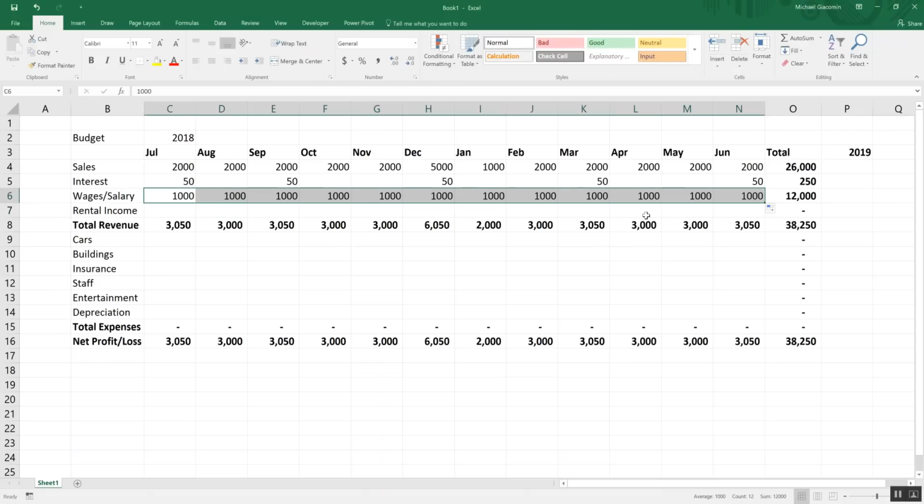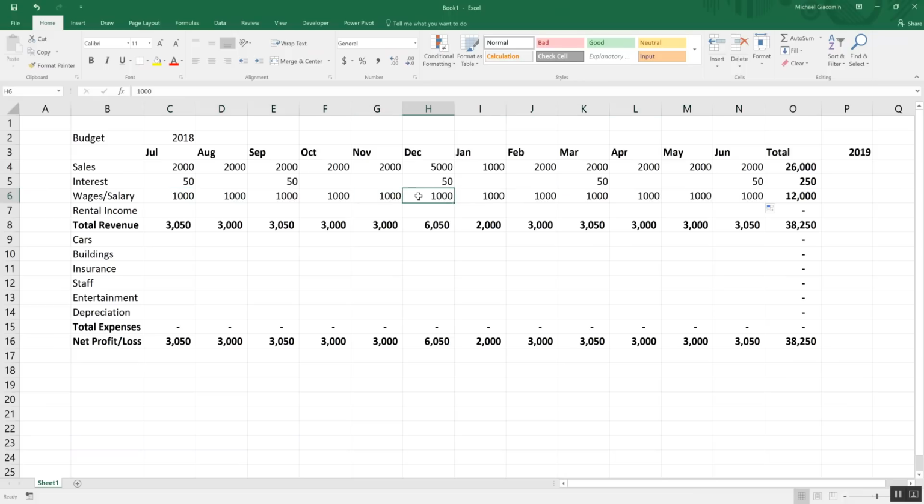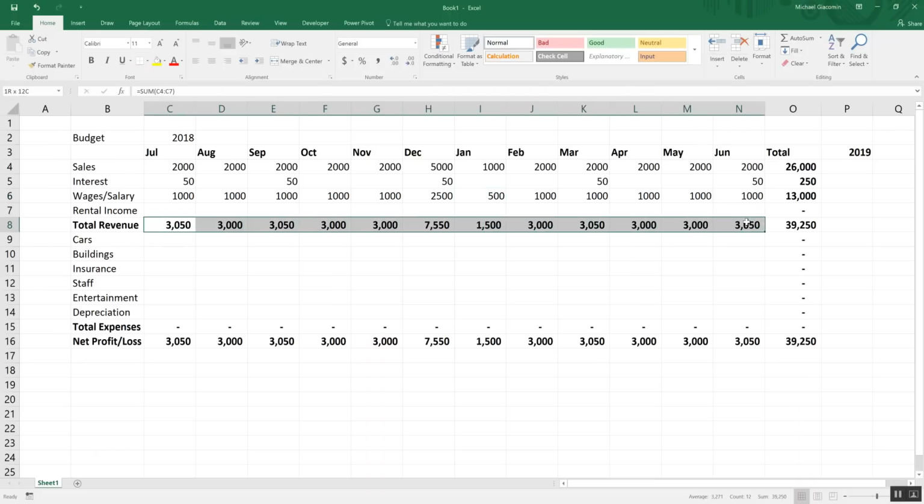Again, that's probably typically fairly standard, but then in December we again might be working our tushies off, so we earn a bit more then. But then in January we're taking a holiday, so yep, we better reduce that a bit. We've still got to pay us a little bit of money for holiday pay, but yep, that's reduced a bit. So you can see again here, we're building a total revenue, and we've also got our net profit and loss line,